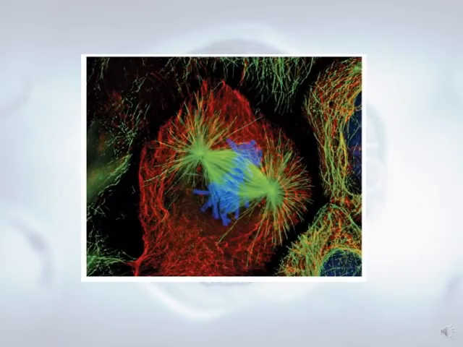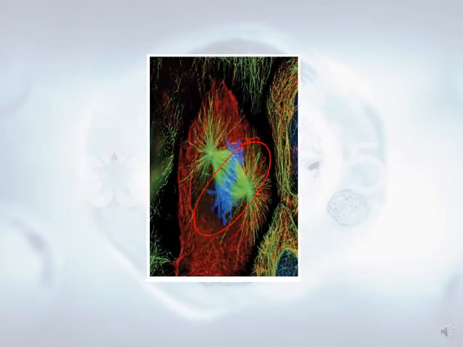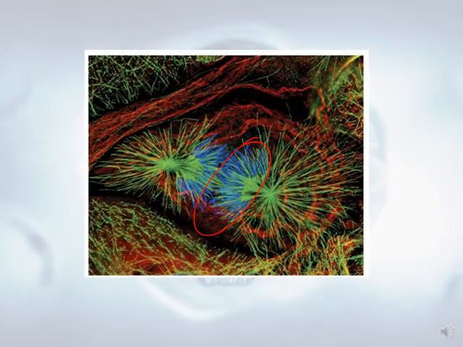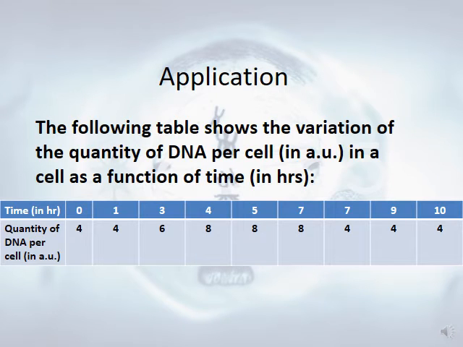Here we have the chromosomes lining up in the middle of the cell, forming what is known as the equatorial plate. Here they move to the opposite poles, polar ascension, and here we have the cells. In this application, the following table shows the variation of the amount of DNA per cell